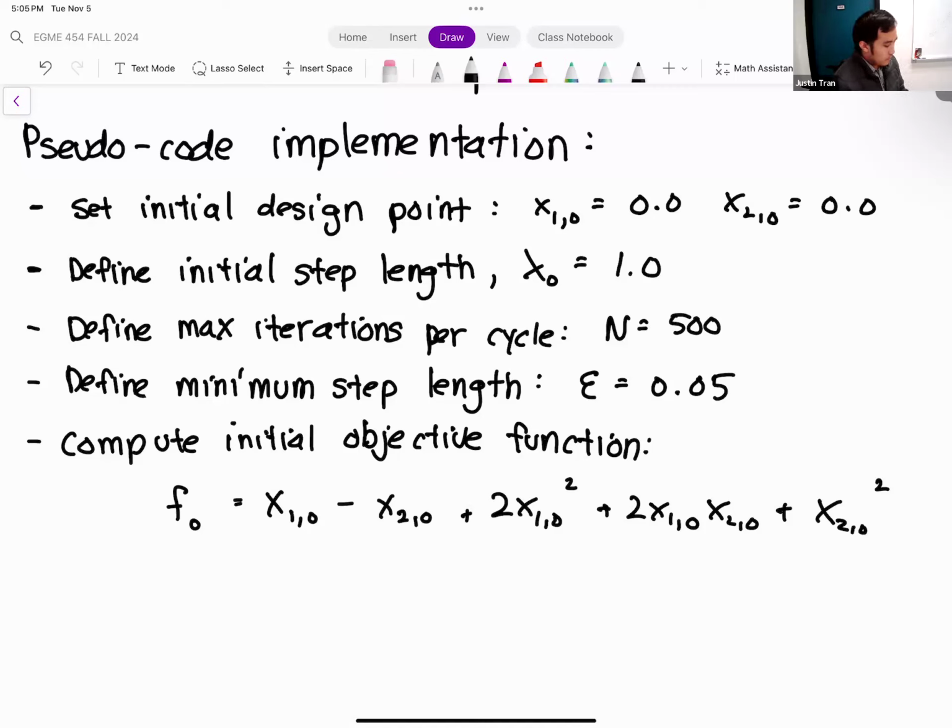So that was the first steps of our algorithm, all the initial steps.